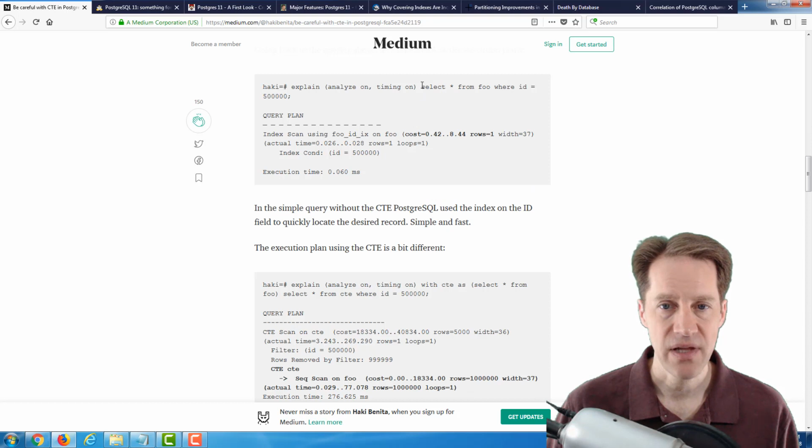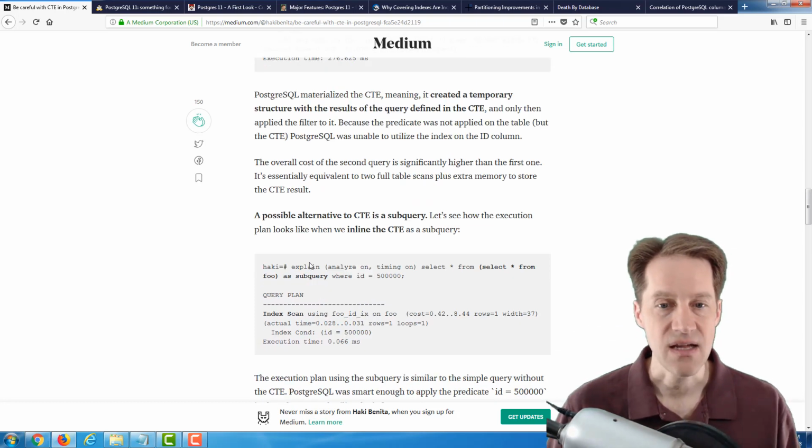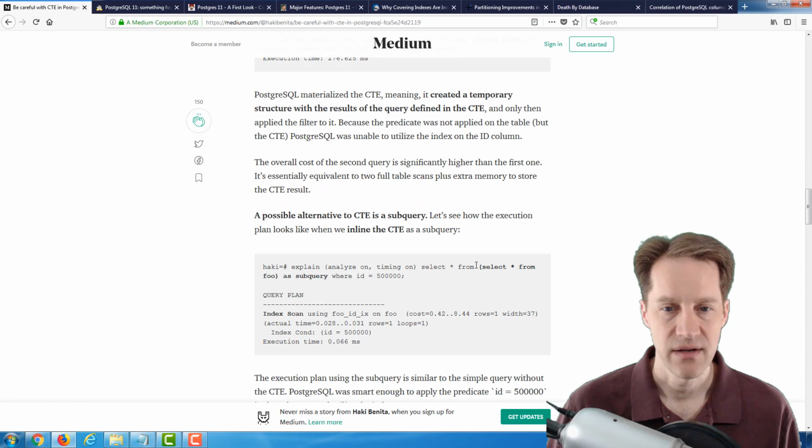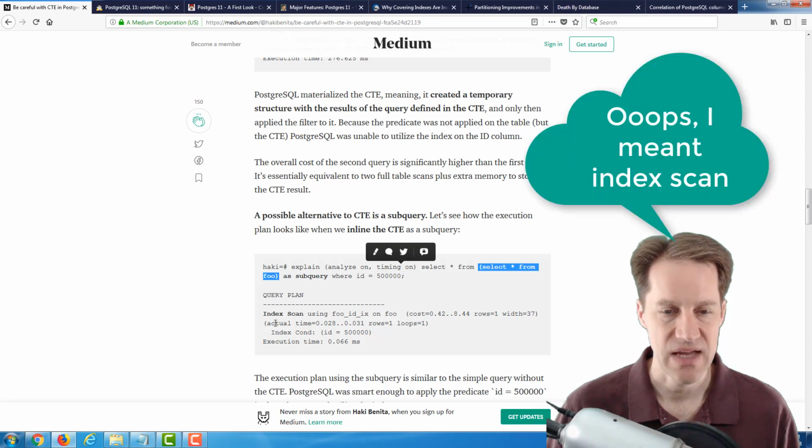And again, with the explain plan, you can see where just the simple query looking for a particular ID is using an index scan. Using the CTE example, it actually has to do a sequential scan. Now, unlike a CTE, just using a basic subquery, so SELECT * FROM and then the subquery here, SELECT * FROM foo, where the ID equals that, it is able to push that down. So you can see it does do a sequential scan in this case, and you get a query response of